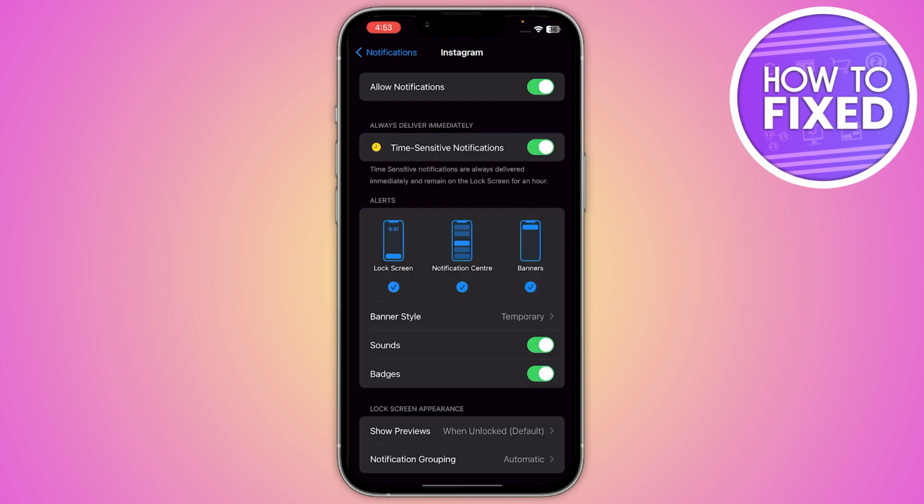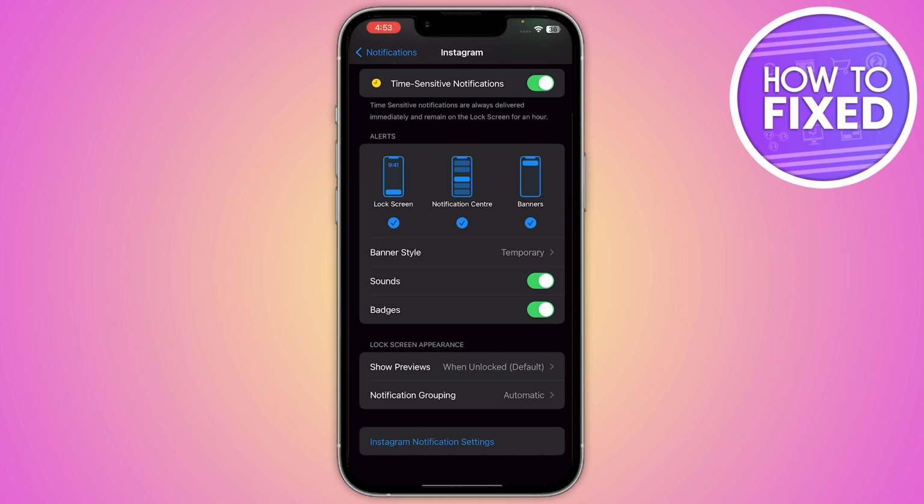You just have to click on it, and from here you have to allow all of these options, that are the banner style, sounds, badges, and there are many various options. You have to toggle on all of that. Now if you go on the sounds, as you can see, there is no option to change the sound